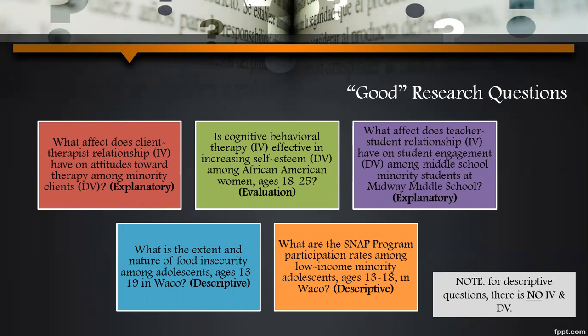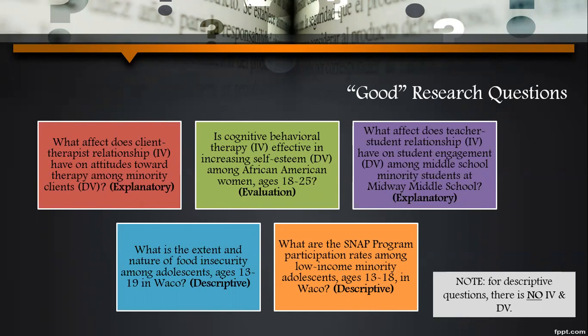When questions are descriptive in nature, what we're trying to do is understand a specific phenomena. We're not interested in looking at the relationship between an independent and dependent variable. We are just trying to describe a phenomena. So in this case, the phenomena that we're trying to describe is food insecurity, specifically among adolescents ages 13 to